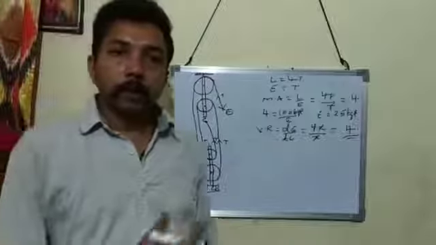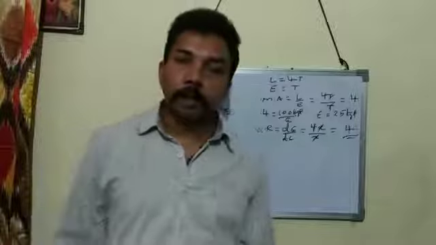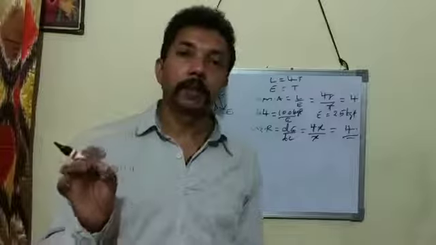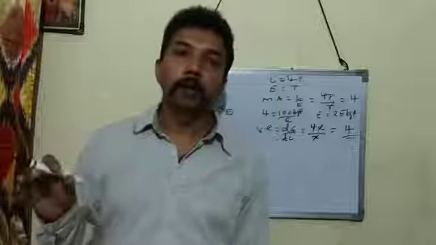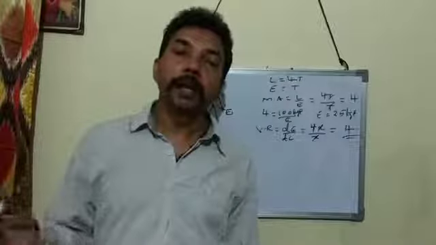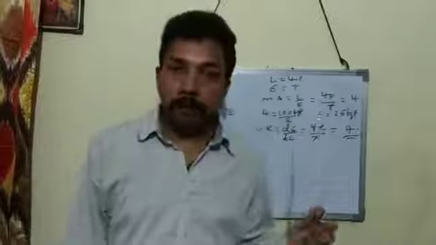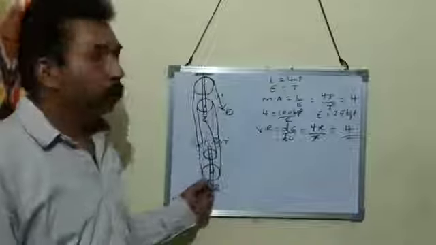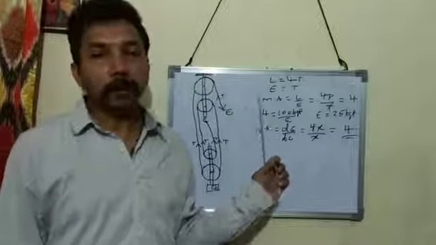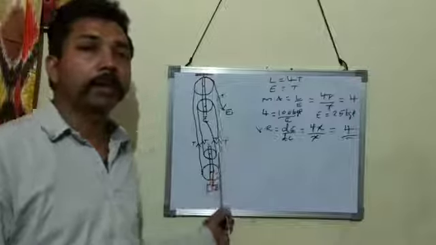So commonly we can say in the case of block and tackle system, in the ideal case, in the case of an ideal pulley system, mechanical advantage and velocity ratio come equal to the number of pulleys. So the main point which you have to remember is, in the case of block and tackle system of even number of pulleys, you have to make an equal number of pulleys in the upper block and the lower block.